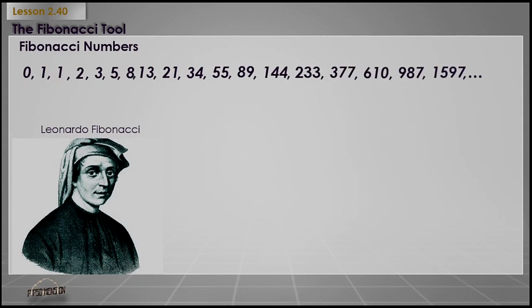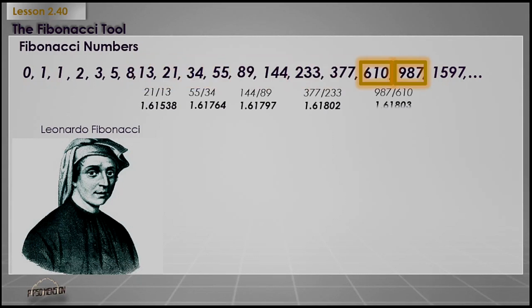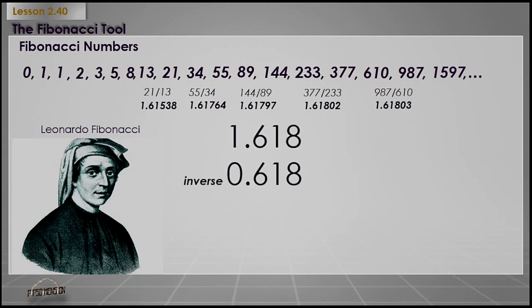Now, there's something special about this series of numbers. At a point in the series, when you divide a number by the preceding number, you get 1.618. And it goes on like that. Even if you don't get exactly 1.618, it's something close to that. And the inverse is 0.618, that is when you divide a number by the next number. For instance, when you divide 89 by 144, you get